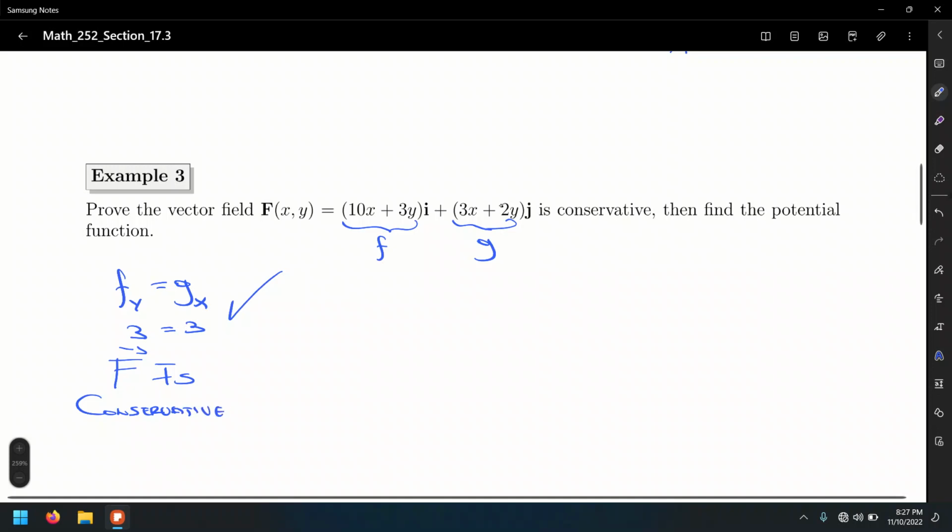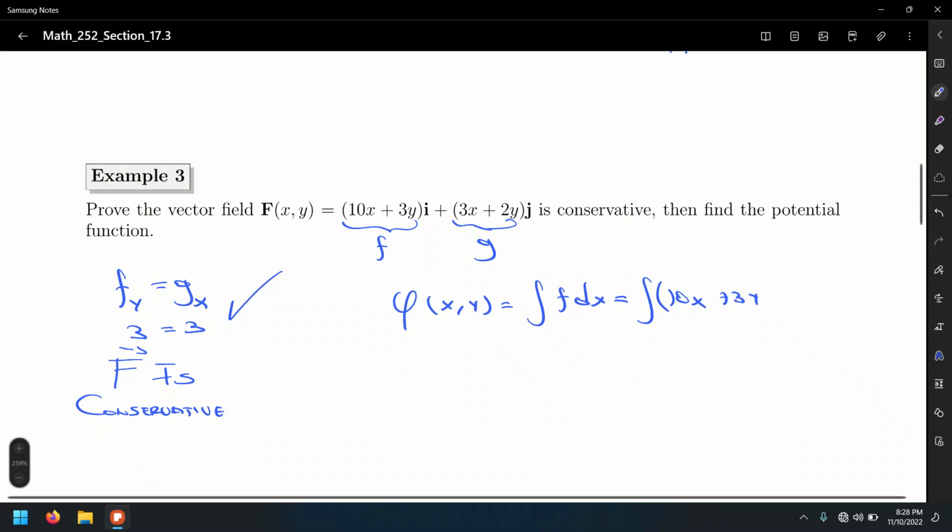That means that this vector field is the gradient of some f of x, y. We're not going to call it f, because we're using f to denote the components of the vector valued function. In this case, that original potential function is denoted phi of x, y. And we're going to do the first partial integration, the partial integral of f with respect to x. So that's the integral of 10x